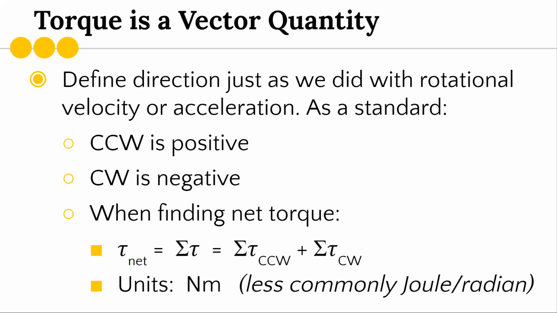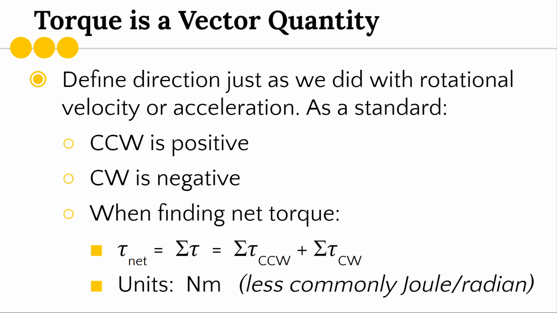All right, so torque is a vector quantity. So whenever we're dealing with torque, we do have to define rotation, and we have to define the direction of that rotation. We'll do so in a similar manner to how we did with our rotational velocity and our angular acceleration, meaning that we're going to label the directions as clockwise or counterclockwise. And we can abbreviate those as CCW for counterclockwise or CW for clockwise. As a general rule or standard, I'll typically call counterclockwise the positive direction and clockwise the